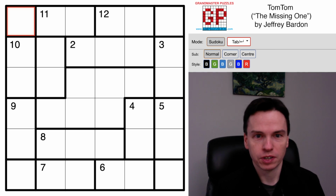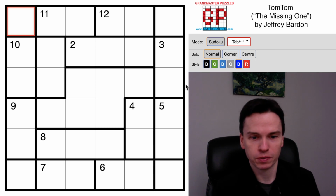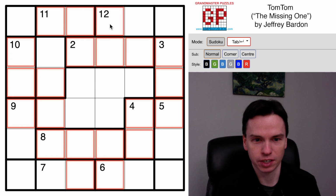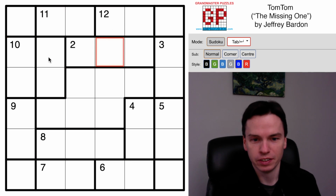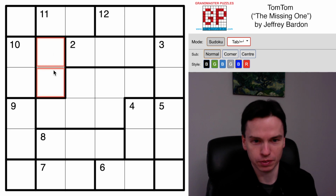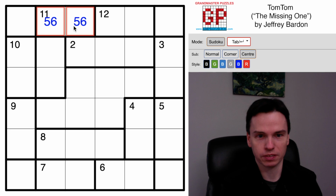So we're here to solve this TomTom puzzle by Jeffrey Bardon called The Missing One. And that's where we really want to label this cell with a 1, so we get 2, 3, 4, 5, 6, 7, 8, etc. coming up in this outward spiral. It's probably a case where the puzzle theme worked really, really well until the last digit, but we'll come back at the end and see if this actually was a 1 or is just being hidden to make the solve